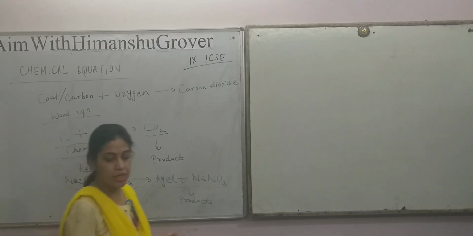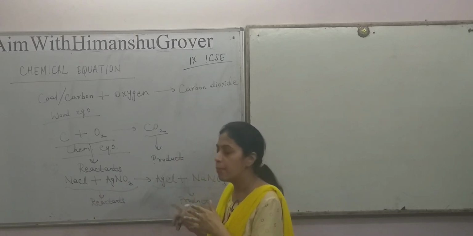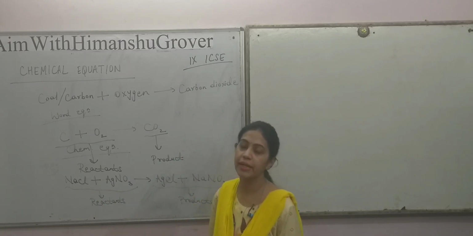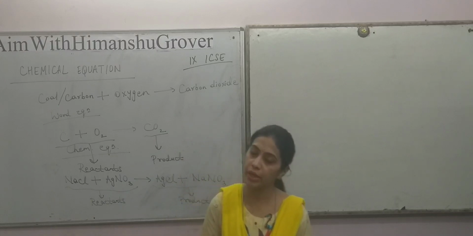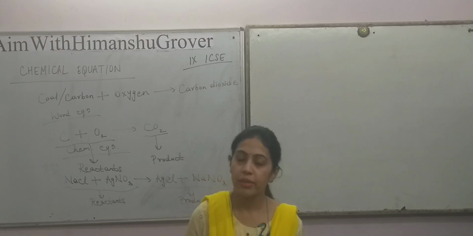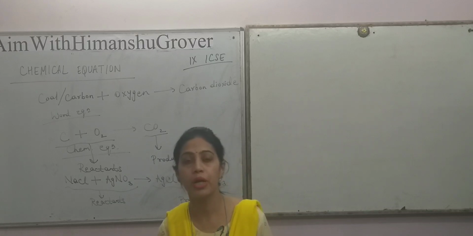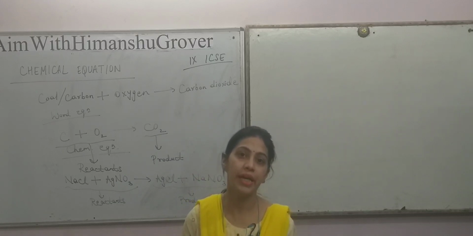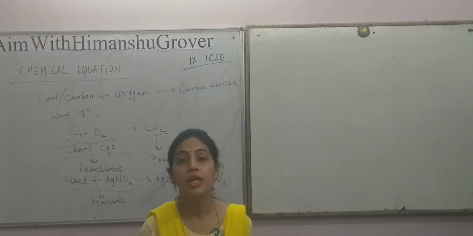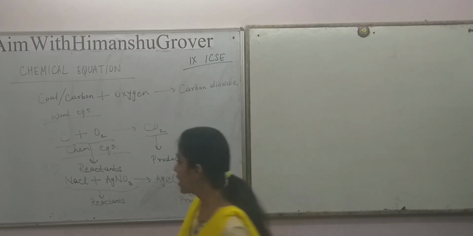Each reactant and product is separated from the other by a plus sign between them. इनके बीच में हमेशा प्लस साइन डाला जाता है हर रिएक्टेंट और हर प्रोडक्ट के बीच में, अगर दो या दो से ज्यादा है तो। कुछ केमिकल इक्वेशंस ऐसे होते हैं जिनमें दो रिएक्टेंट एक प्रोडक्ट होता है, कुछ ऐसे होते हैं जिनमें एक रिएक्टेंट दो या दो से ज्यादा प्रोडक्ट होते हैं, कुछ रिएक्शंस ऐसे होते हैं जिनमें दो रिएक्टेंट तीन या तीन से ज्यादा प्रोडक्ट्स भी हो सकते हैं. लेट्स सी.